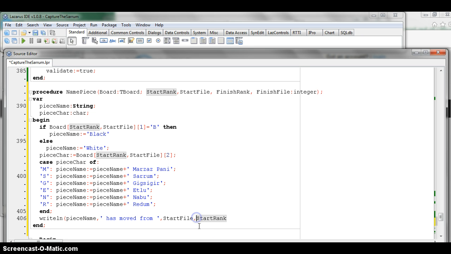But of course, if you want this to look pretty, you're going to have to put in some commas between start file and start rank, and that gets a bit confusing because we're using commas as separators as well, but you can keep on top of it, I'm sure. So it's moved from start position to